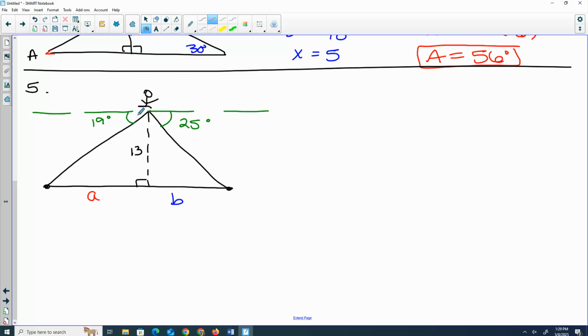So when we're looking here, we know we need an angle in the triangle. And you can get it a couple different ways. Alternate interior angles, so this would be 19 degrees down here, or you could do 90 minus 19 and get the 71 up here. Either way, I think most people got the 71 from when I was answering questions yesterday. If you did that, A is my opposite, 13 is my adjacent, so that is tangent. So the tangent of 71 degrees equals A over 13. So if you multiply that 13 over,